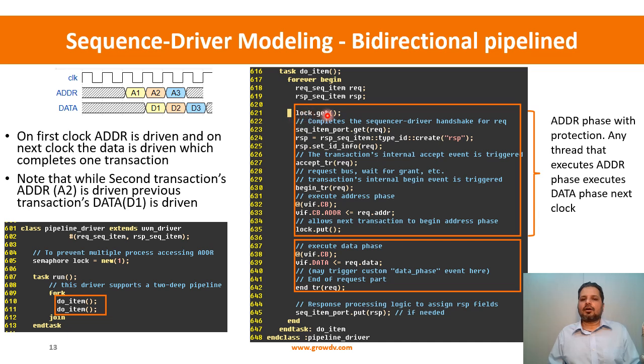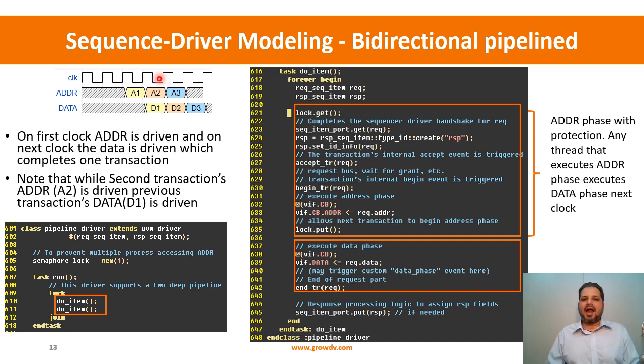And then the lock for the 611, that is the second task, got unblocked, and let's say he requested the second transaction, and if that is available, he comes back, and then on the next clock edge